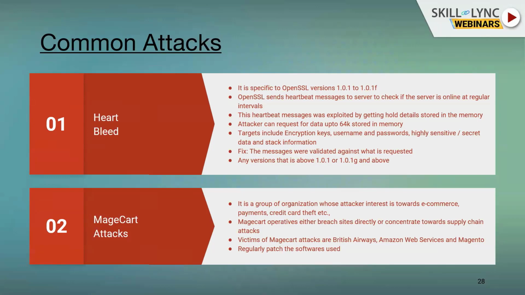So this package called OpenSSL, between versions 1.0.1 to 1.0.1f, had a vulnerability. When a typical client uses OpenSSL to connect to the server, and has connected to it, during some period of time it sends heartbeat messages, from I think 6 KB to 64 KB. When those packets are sent to the server, the server returns back saying that yes, it is still in the connection, it is still open, it is still connected. All that information is sent.